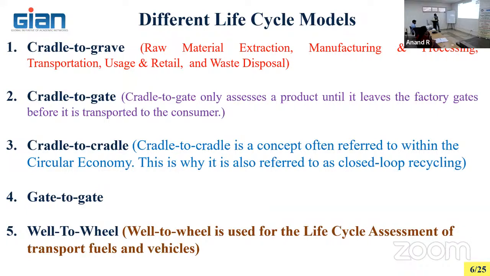So cradle to grave, maybe you can say you are giving some input in the form of raw material extraction, manufacturing, transportation, usage, retail, and waste disposal. So you are not bringing it back. Suppose you want to produce some chairs or something, right? You are going to consume the material. In order to use that material, there are some processes already involved, right? Material processing. Different steels are manufactured through the steel manufacturing industry, taking iron ore to the furnace and extracting. So there are a lot of processes happening. You need to bring that in also.